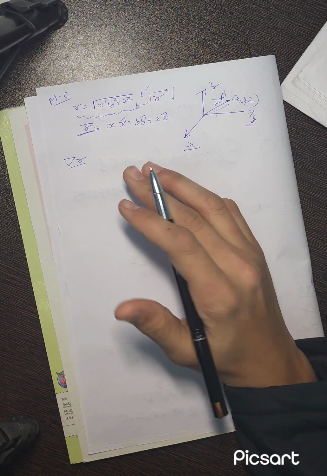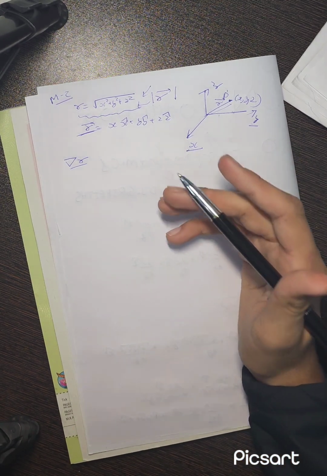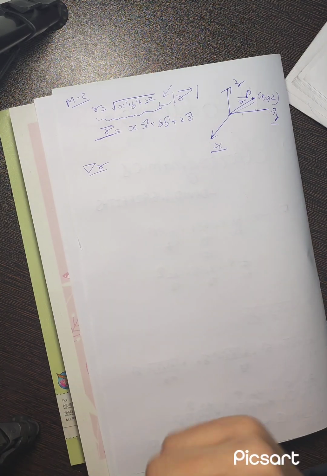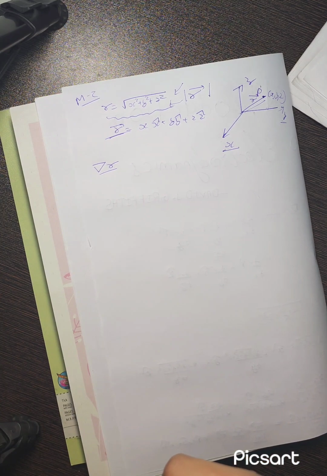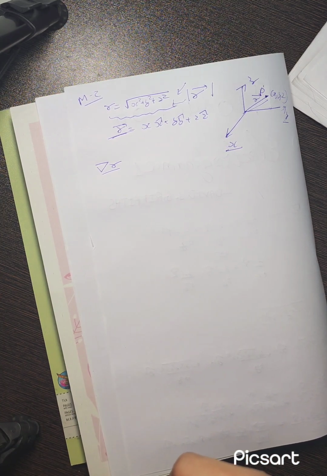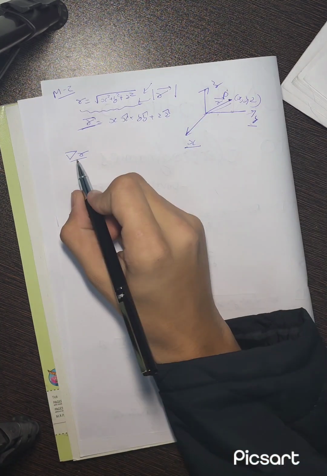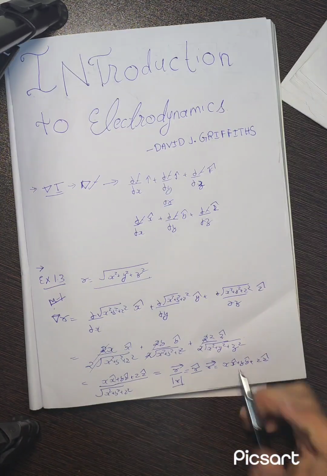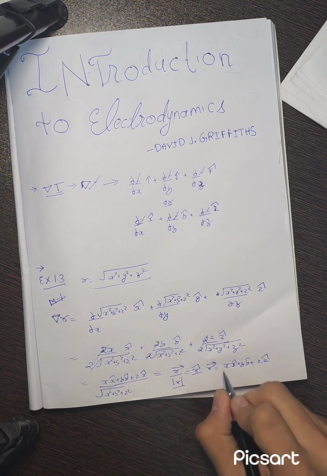In a room, if there is a temperature which changes in x, y and z, the question is, at what rate does the temperature change in the x direction, or at what rate in y, or at what rate in z? So simply by finding del r, which you would get here as r cap,